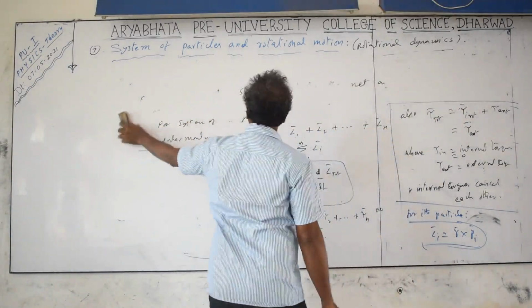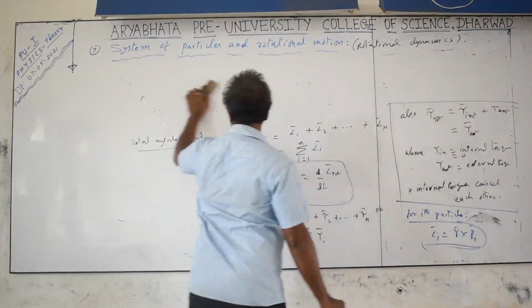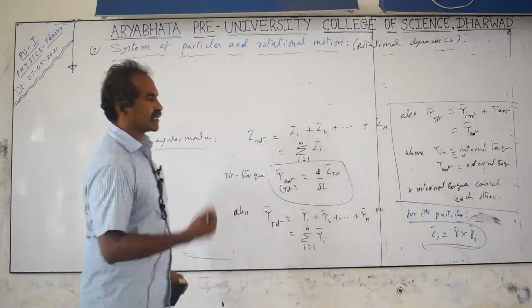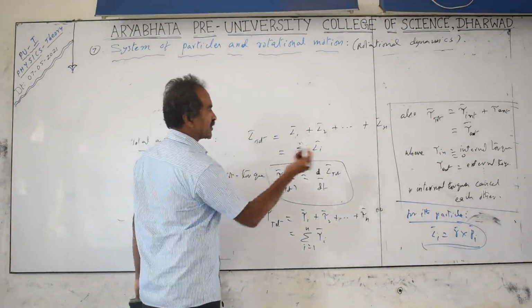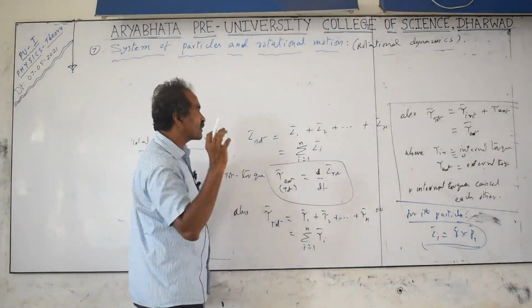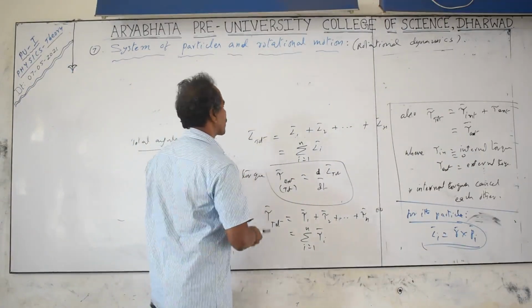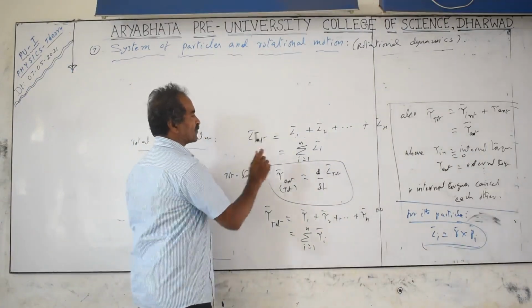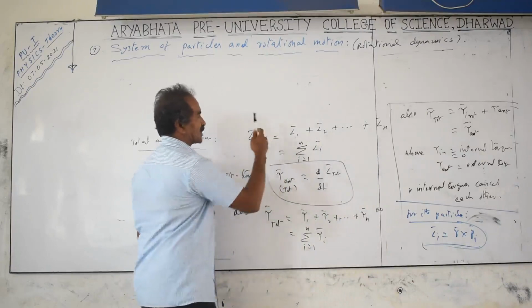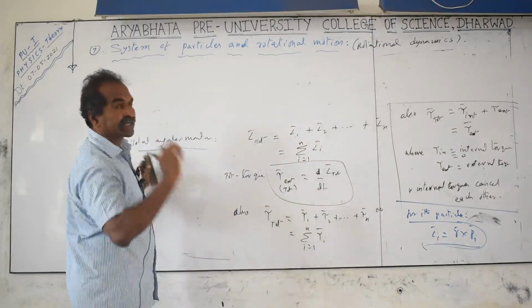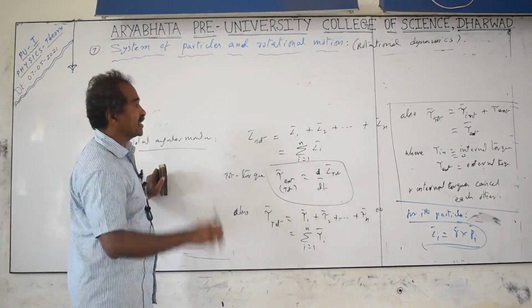If you take the electrons revolving around the nucleus, several electrons are present. Each electron has angular momentum of rotation around the center of the nucleus. What is the total angular momentum of the atom if you want to consider it? That is nothing but the sum of the angular momentums of each electron. That will be the total angular momentum. But the torque acting will be internal torque, and they will cancel each other.